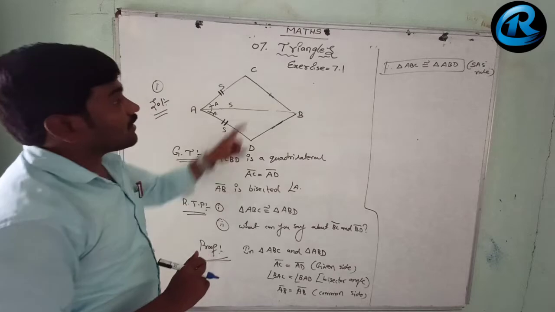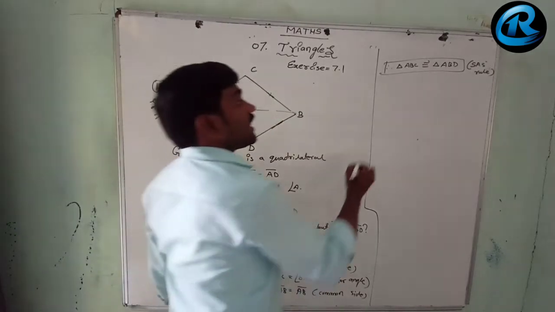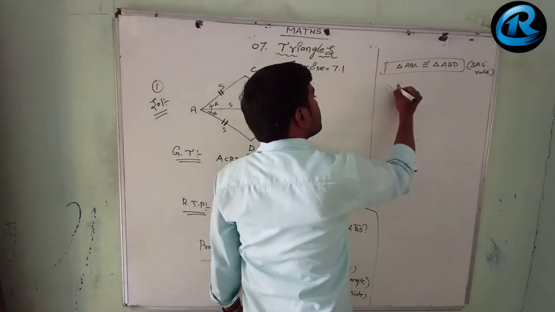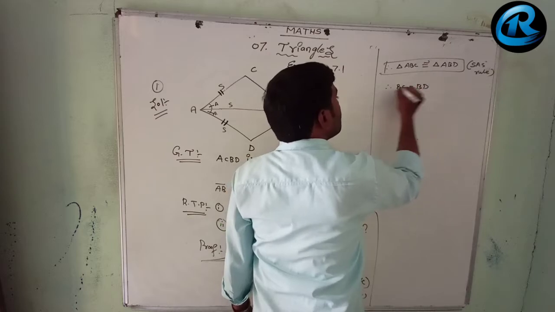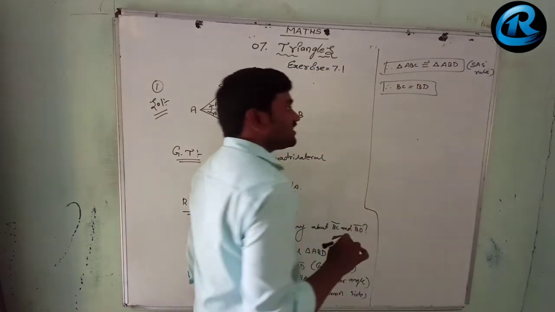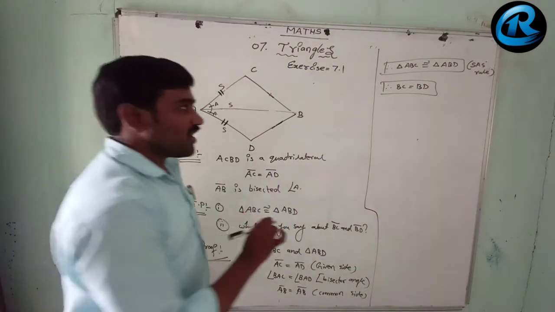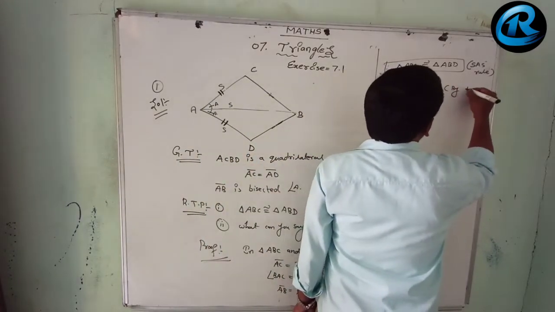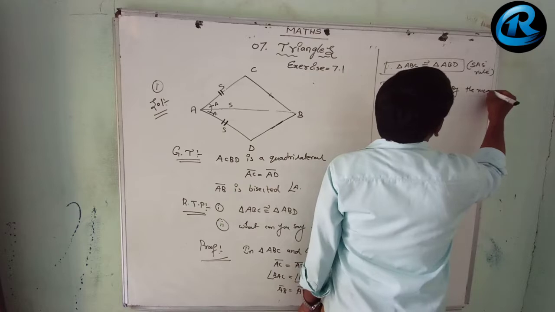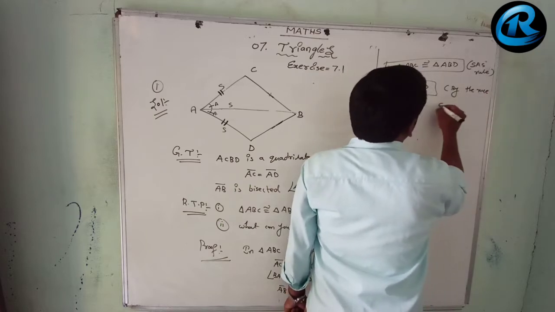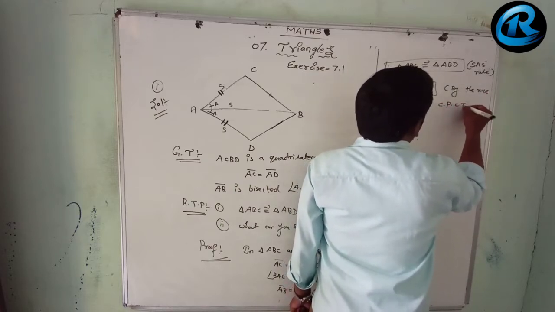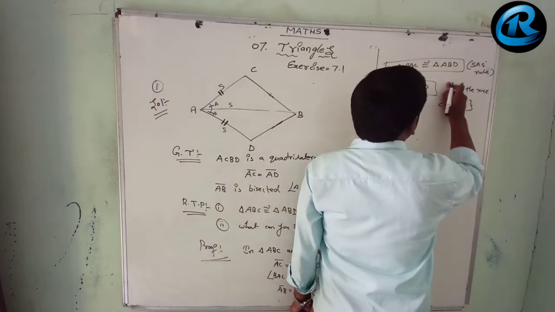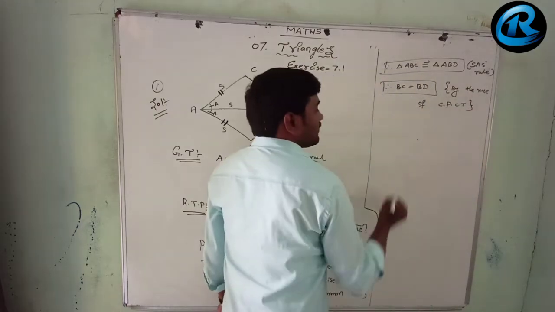Then what can you say about BC and BD? They are also equal. Therefore BC equal to BD. How? Let me tell you. BC equal to BD by the rule of CPCT. I did not tell you what is CPCT, no? Let me explain it, children. CPCT in the sense,